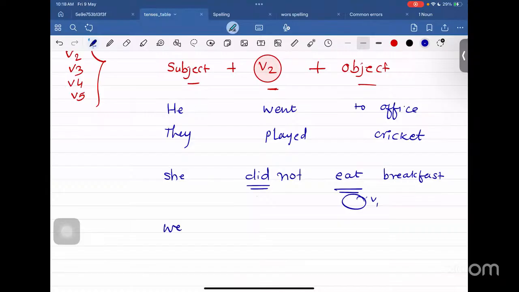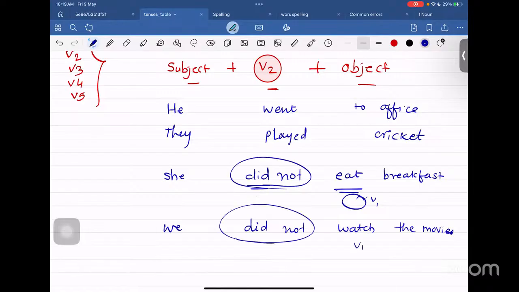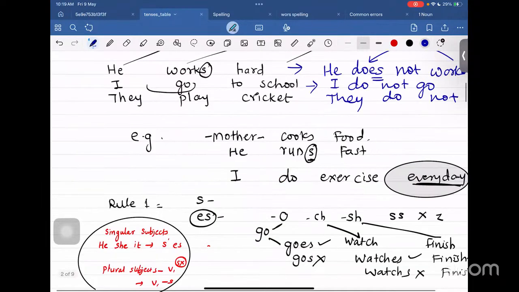वी डिड नॉट वॉच द मूवी, ओके। एक चीज आपको समझ में आना चाहिए, जो दिखी भी रहेंगे आपको, कि जब जब निगेटिव सेंटेंसेस आ रहे हैं, जैसे कि ये निगेटिव सेंटेंसेस, तब तब V1 यूज हो रहा है, राइट? जब जब निगेटिव सेंटेंस रहेगा ना, तो V1, क्योंकि निगेटिव सेंटेंस बनाने के लिए ये सिंपल पास्ट में मैंडेटरी है कि डिड का यूज होना चाहिए। डिड के यूज किए बगैर आप निगेटिव सेंटेंस बना ही नहीं सकते। जब आपको नेगेटिव सेंटेंस बनाना है, आपको